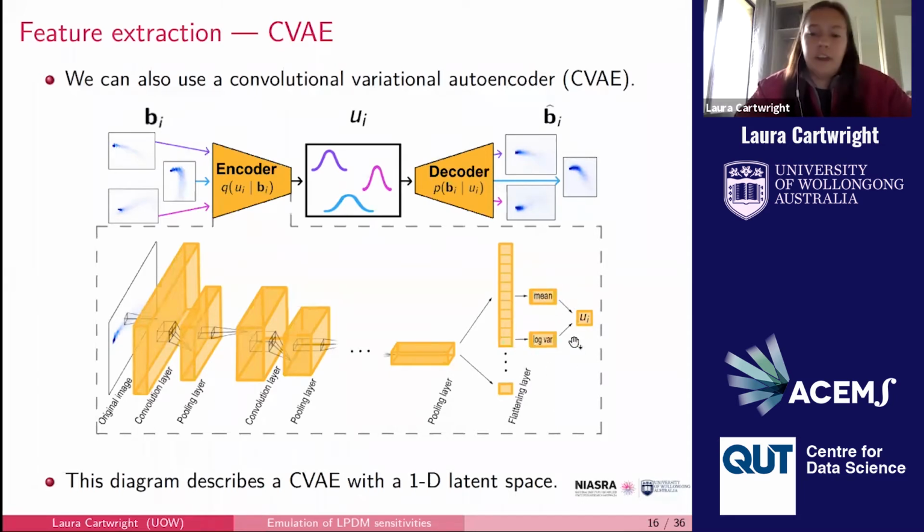And then we draw values from that distribution, and we send those back through a decoder. It's sort of just like the mirror image of this. It just goes back the other way. And out come, hopefully, approximate reconstructions of what you put in at the other end. Now, the cool thing about this is, because we're mapping onto a mean and a log variance of a distribution, it means that